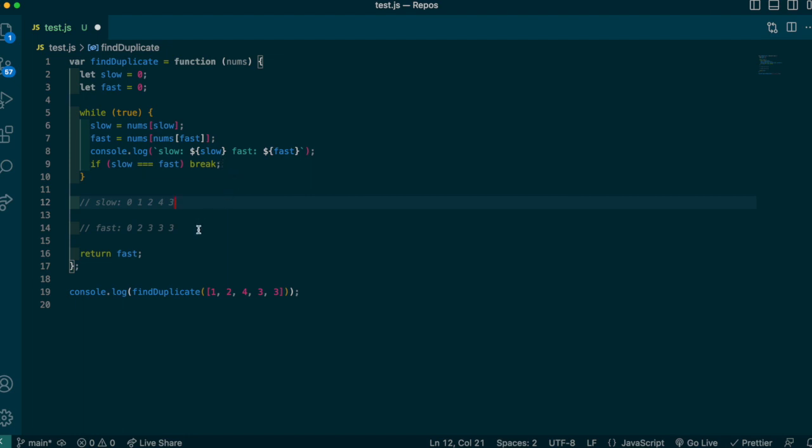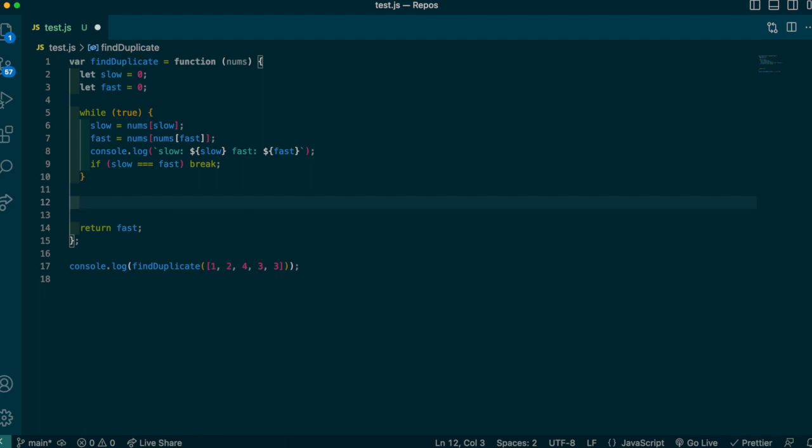But let's keep going outwards and seeing what would happen if we keep going with these pointers. So fast is just stuck in this infinite loop of 3, 3, 3, 3, 3, right? With slow, I'm at 0, 1, 2, 3, which is also 3. So slow actually got caught in the same loop and the same cycle, and it's just going to repetitively do 3. So here's where the magic of this algorithm happens. Now we have captured the node where there is a cycle, and that is what we need to solve this